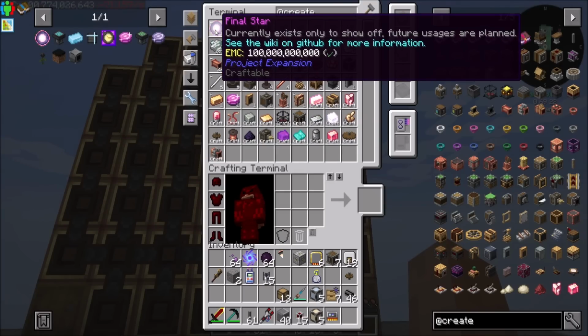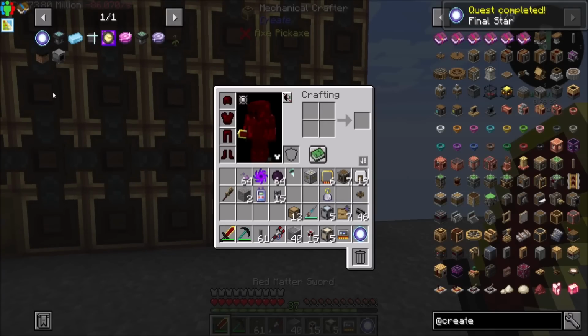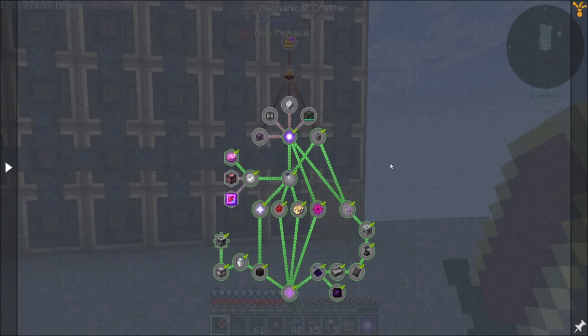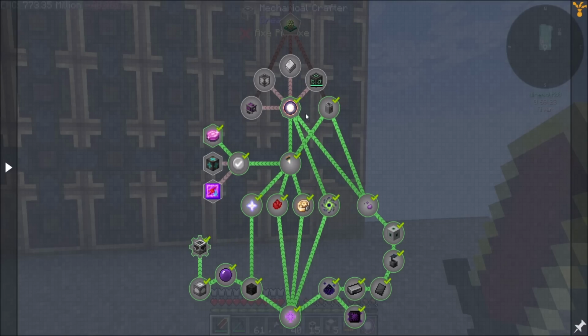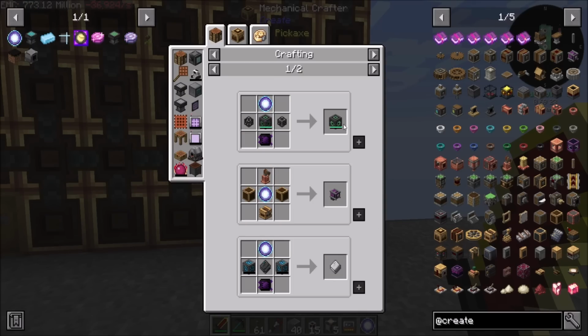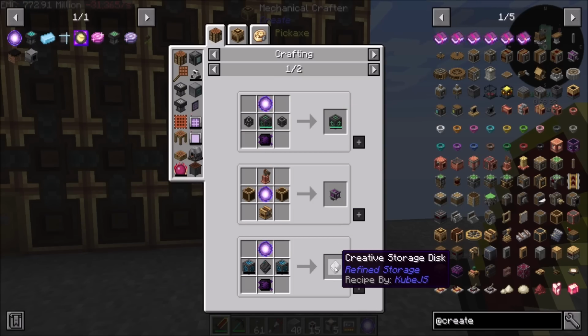Hooray, we did the thing! Final shard, it worked. Huzzah! We did it! We did it, folks! Final shard, quest complete. That is cool. So we are actually, like, super duper in the home stretch here. The final shard is what will give us access to all kinds of shenanigans. Unlimited RF, creative motor, creative storage disk from Refined Storage,